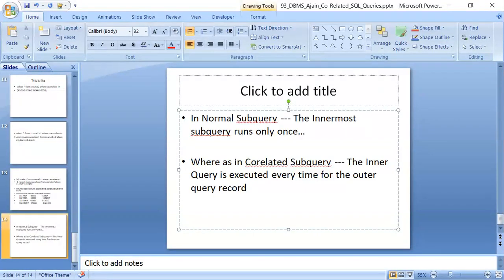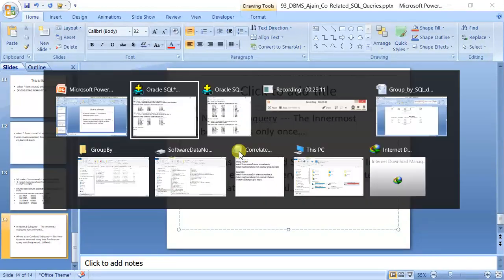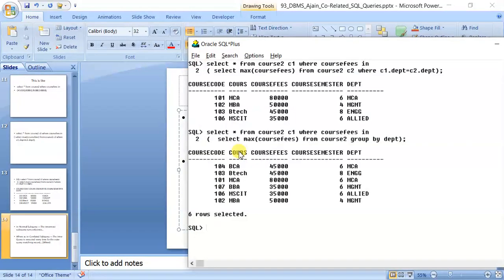You can say the matching record. So whenever a record is to be matched using the where clause, it will be executed every time internally. That is why it is giving you the correct answer. Okay, I hope it is clear to you.